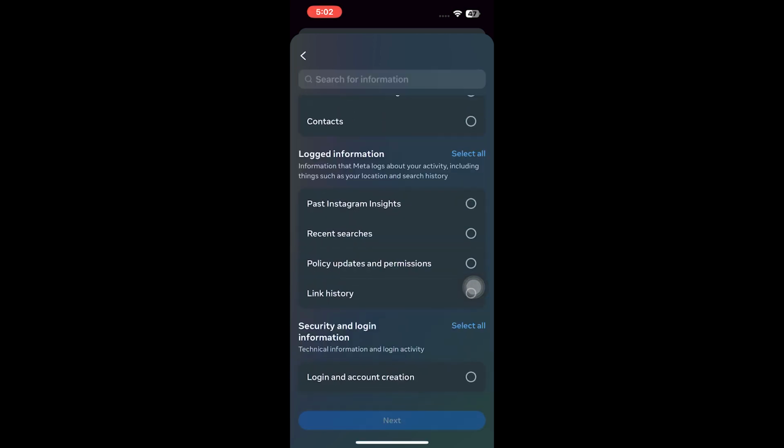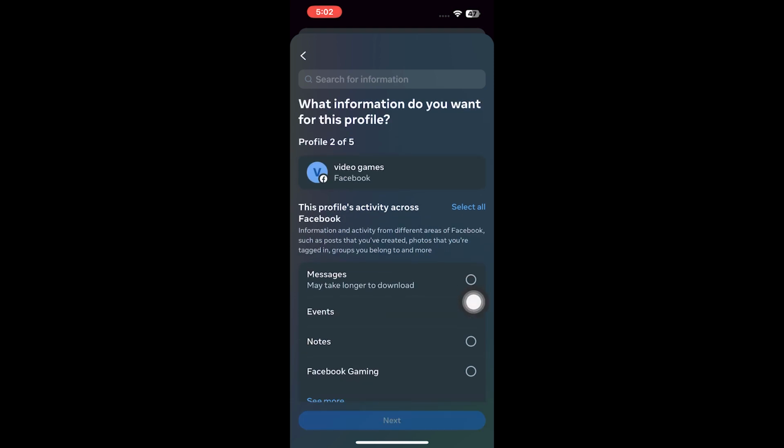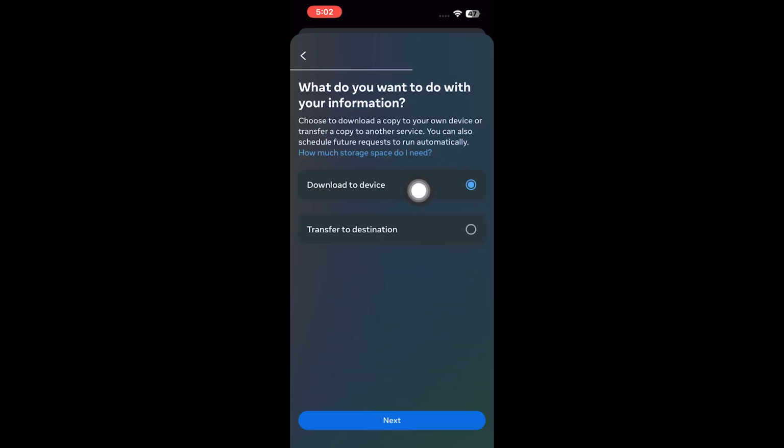Scroll down and select Followers and Following. Again, select the option Messages. Now download it to your device. This is how you can check sent follow